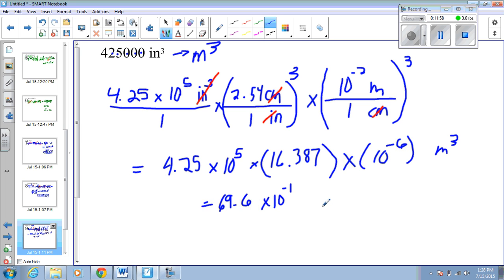And this is meters cubed. And I don't need to leave that in that form, so 10 to the negative 1 moves the decimal place over, so I have 6.96 meters cubed. So 425,000 cubic inches is 6.96 cubic